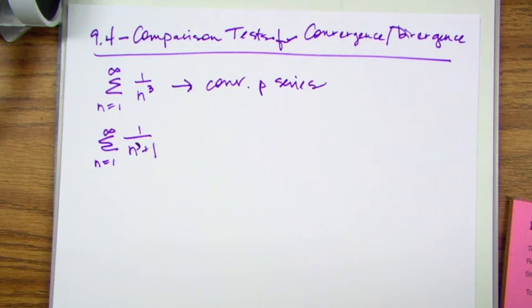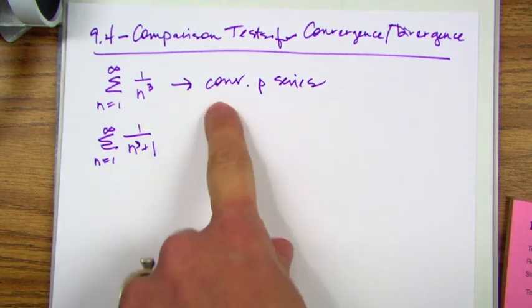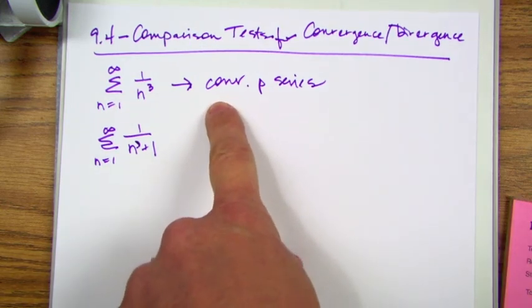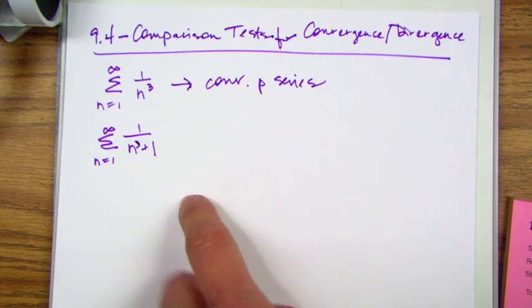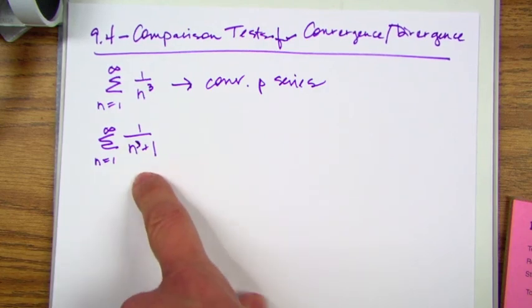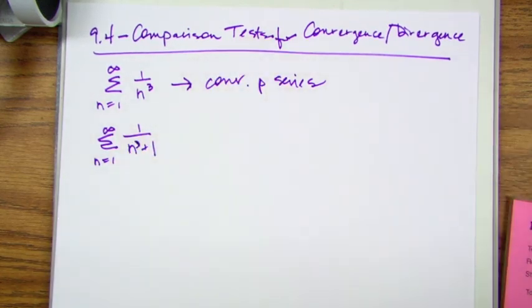Okay, look at the title of the section, comparison tests. Because if you compare it, what is the comparison? You told me that this is a convergent p series. So what do you think about that one? Well, that should also converge. Why? Because